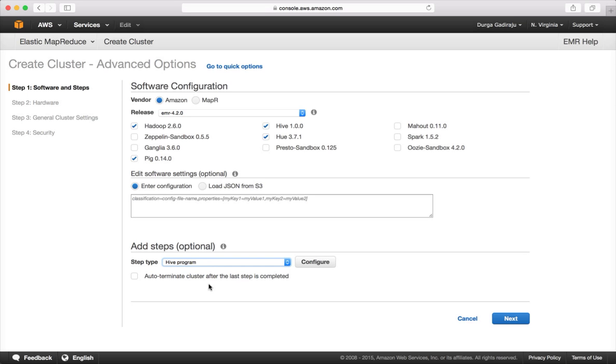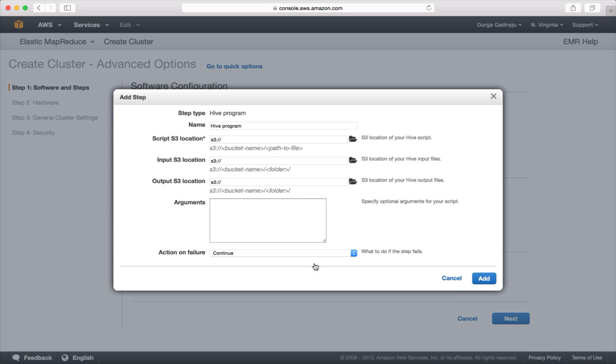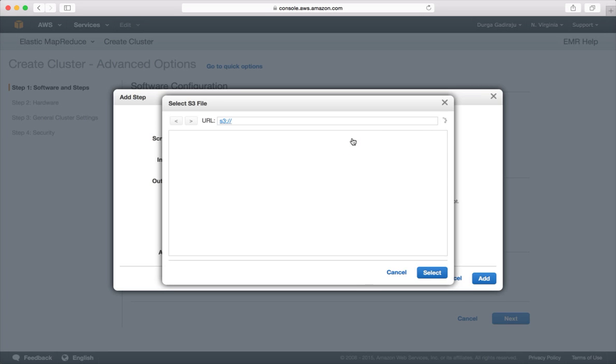And I don't want to terminate the cluster after the step is completed, so I am clicking configure, and in this case I named it as hive program, and I have to get the location of the script, which I already copied to S3. So I am going to S3 hive scripts, and the script is the same as whatever I have shown in GitHub. So I am choosing that script, select,